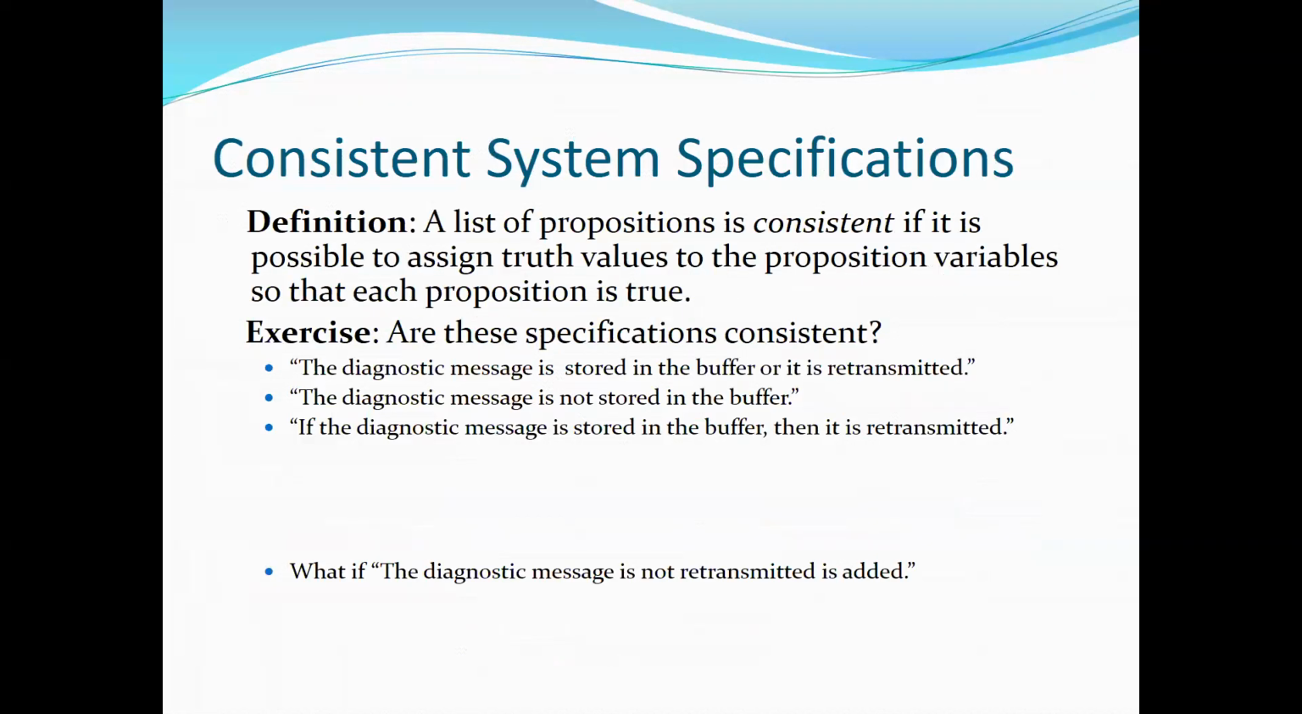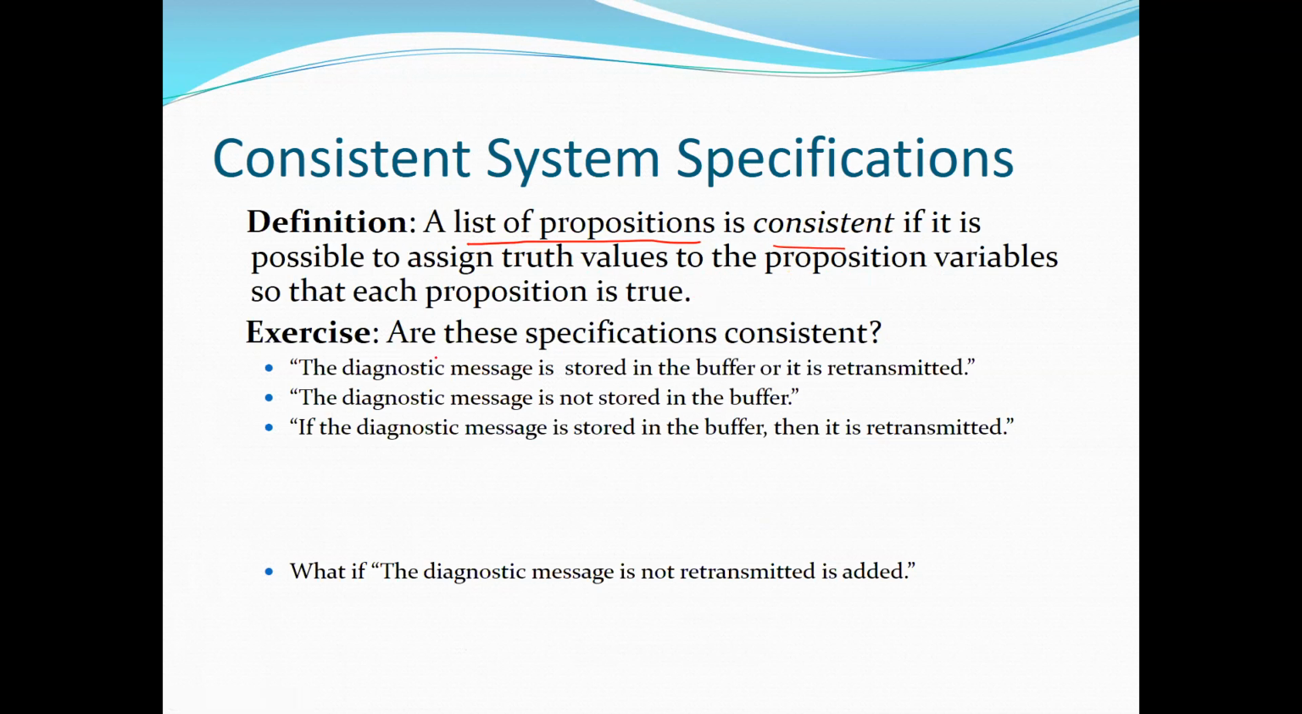One of the important concepts is that system specification should be consistent. What do we mean by consistency? Let's have a look at the definition. A list of propositions is consistent. We have various lists of propositions and we want to check the consistency. It is consistent if it is possible to assign truth values to the proposition variables so that each proposition is